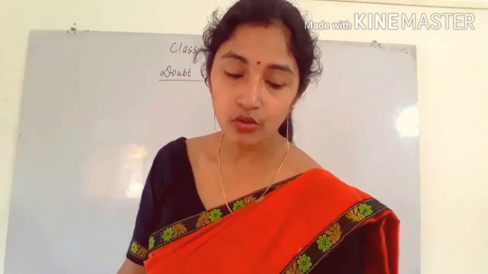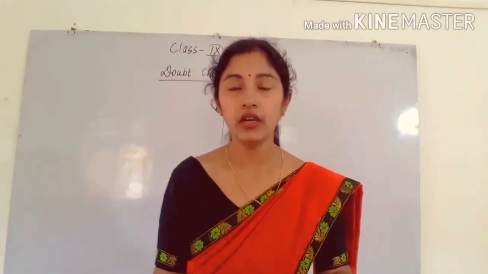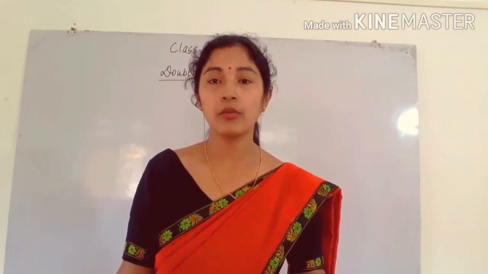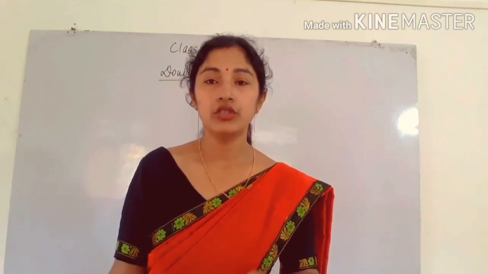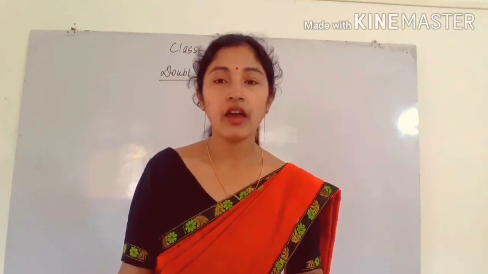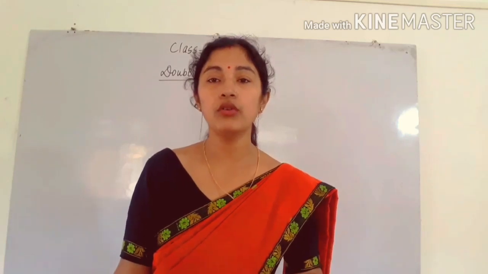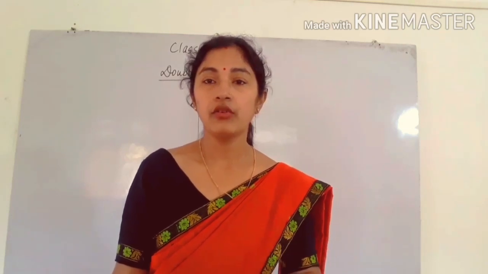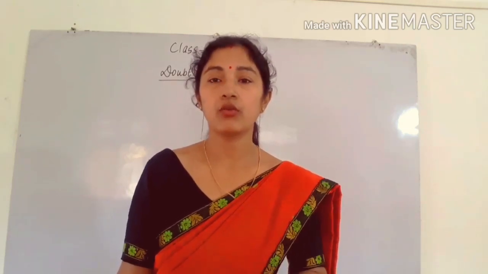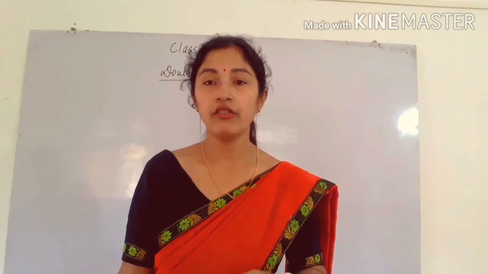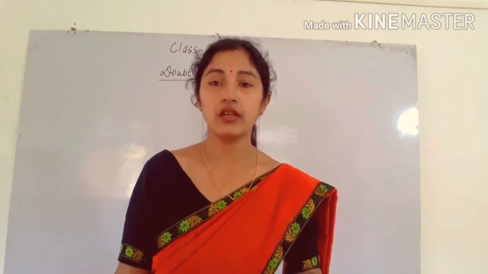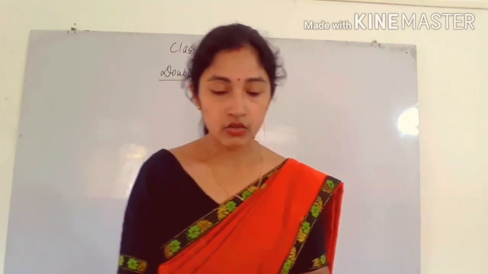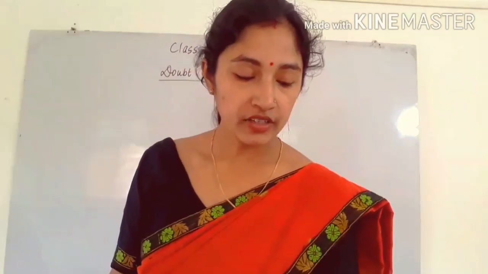Okay, so how to find the zero of a polynomial? Zero of a polynomial means the value of x at which the polynomial is equal to 0. Okay, so here we have to equate the polynomial to 0. If any polynomial is given, then you have to equate the polynomial to 0 to get the value of x. Okay, so this is the procedure of doing. You have to do the step by step process. Okay, so let us do question number 4 of exercise 2.2.